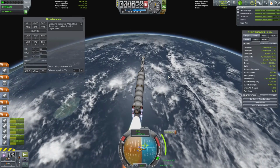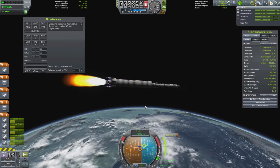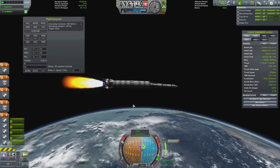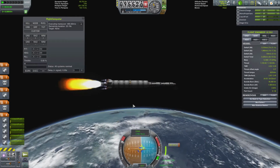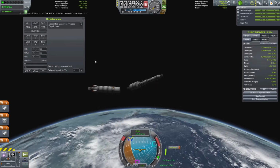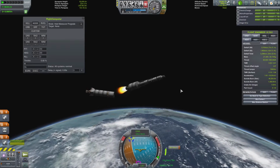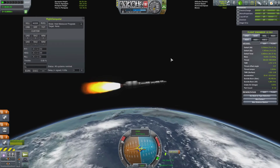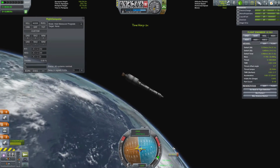And then let the system just do a nice burn to get us into a nice orbit. You can see there's a little bit of flex there, not as bad as the taxi, but you can see it's the constant readjusting of the jets on the rear. So once we did our burn,